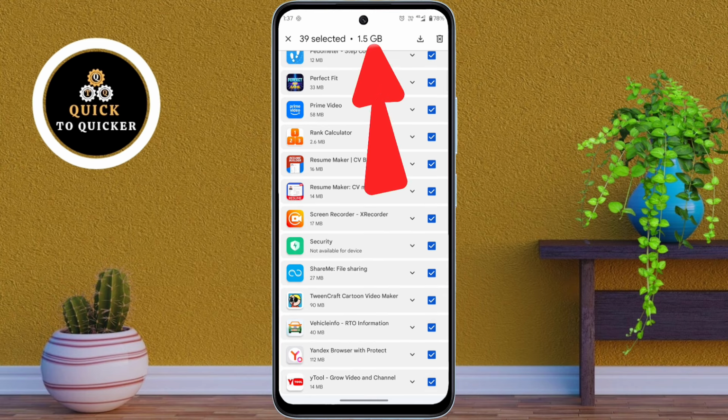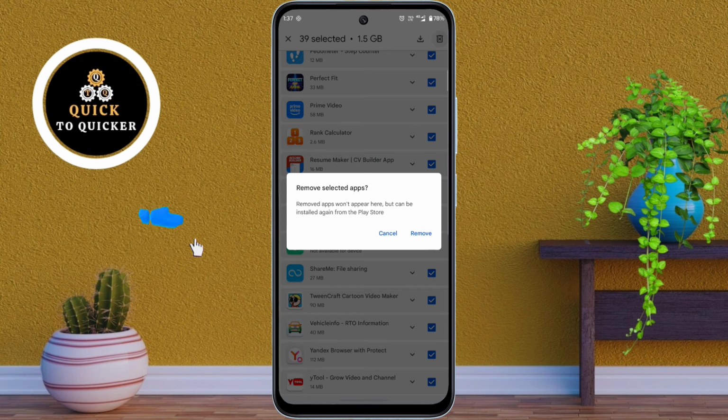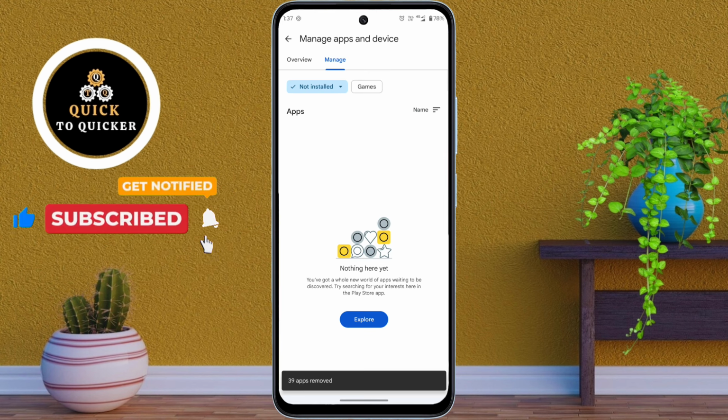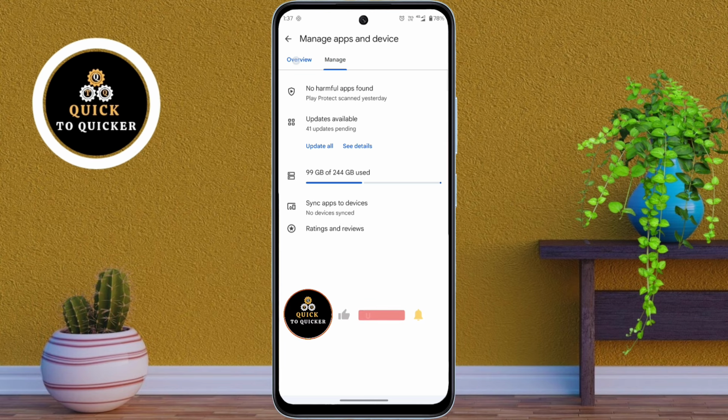You can see these apps take up 1.5 GB in my Play Store history. So if I delete them, it cleans my Play Store and keeps my phone tidy. To delete them, just tap on the delete icon at the top. After that, tap on remove. Now all the not installed apps are deleted from your Play Store list. This keeps your phone running smoothly and your Play Store